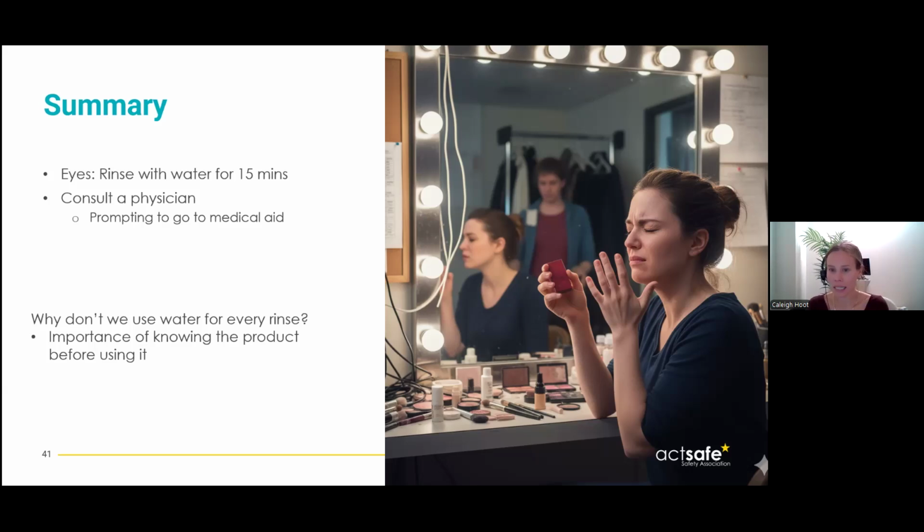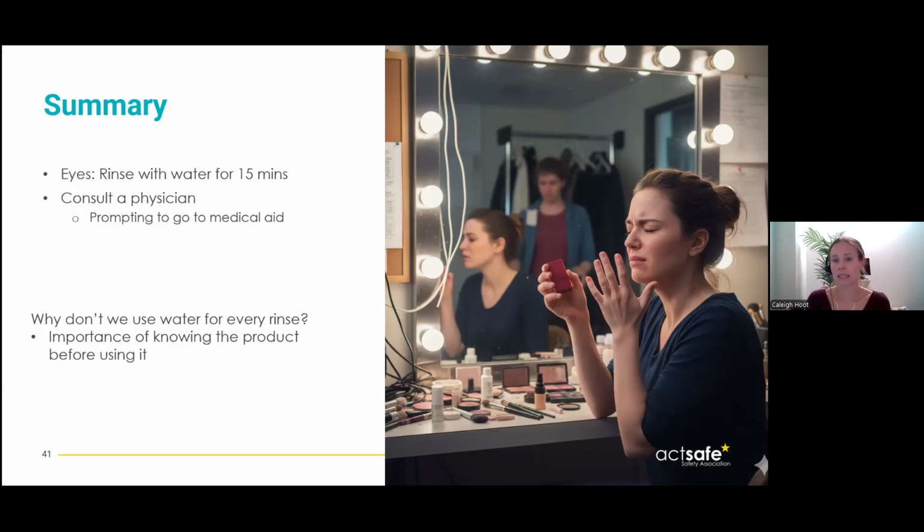Without an SDS, the attendant might not have rinsed the eye for 15 minutes. It could only be a few minutes, and that might be far too short to prevent serious damage, or maybe they'd neglect to go get medical attention. So by following those very specific steps in section 4, the first aid attendant has very clear step-by-step instructions on how to act confidently and significantly reduce the risk of long-lasting harm to the actor's vision. So in this section, we see a lot of rinse with water, right?